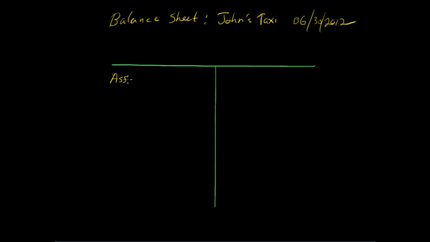So over on this side we have assets, and we're going to list cash. Now on a balance sheet, the most liquid assets are usually listed first, and so cash is very liquid. And John has $3 million cash in his business. Now John at this point doesn't owe anybody anything. So when we put his liabilities over here, the liabilities are actually zero. And the owner's equity